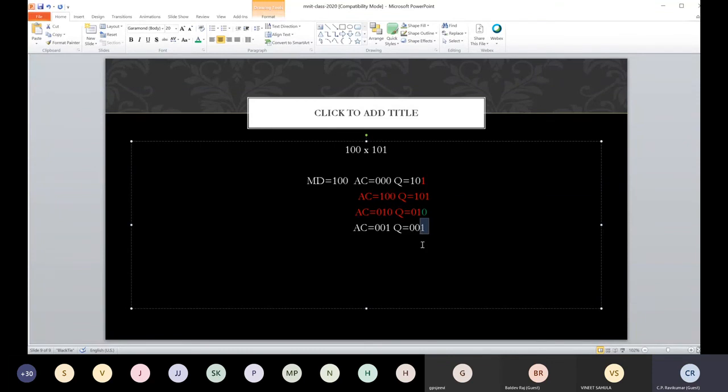Finally, we see a 1 here. So we have to do an add and a shift. So this time the accumulator becomes, see, this MD is 100, it gets added to this one. So we'll get 101. And Q remains 001.